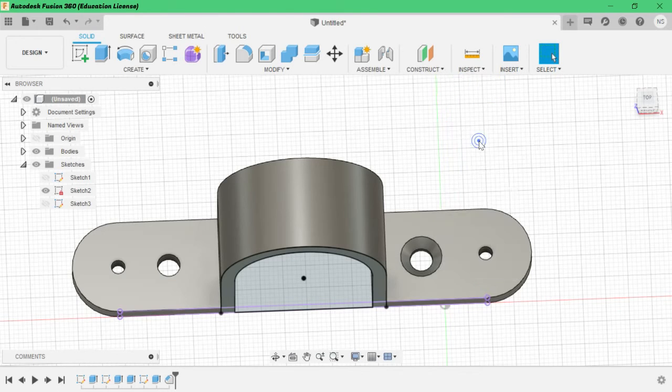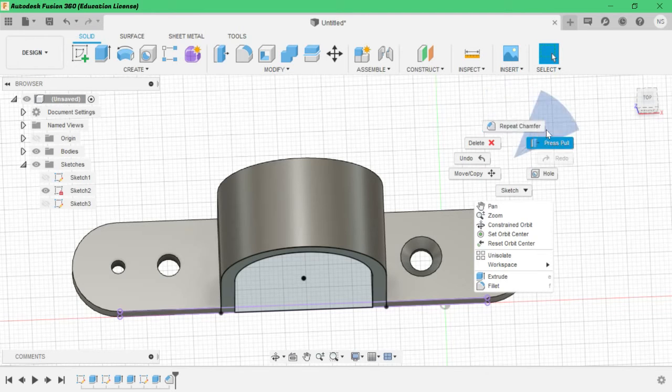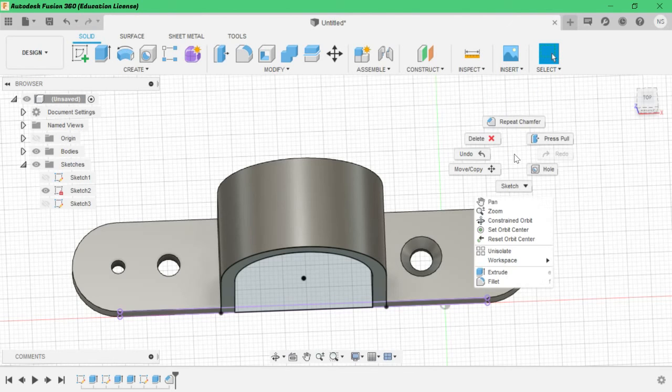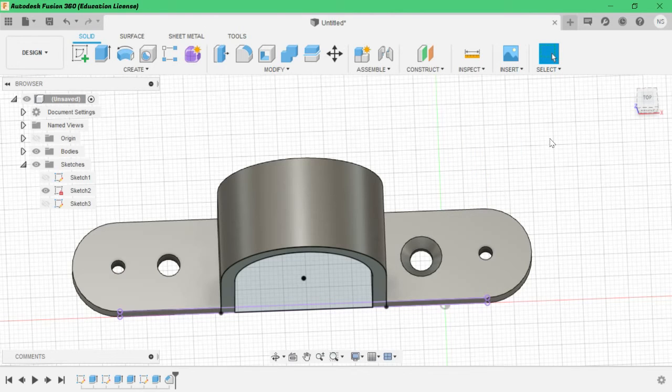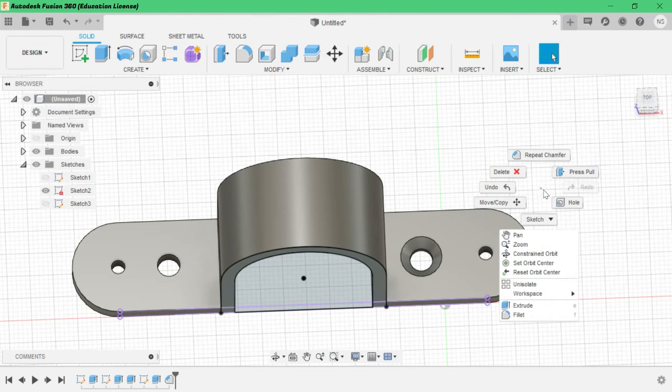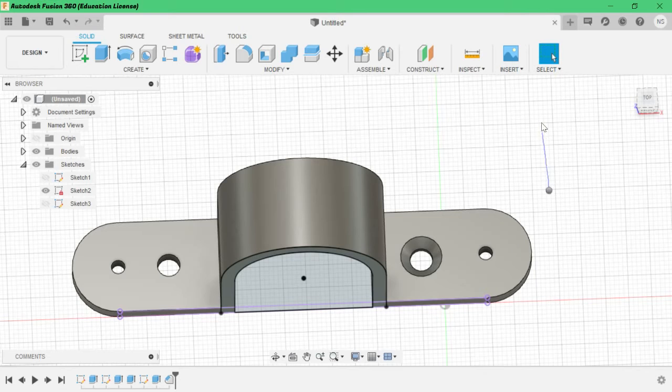For everything you have done before, it will be there on top of your arrow, at 12 o'clock position. So you can go directly to that by right click and dragging upwards like this.